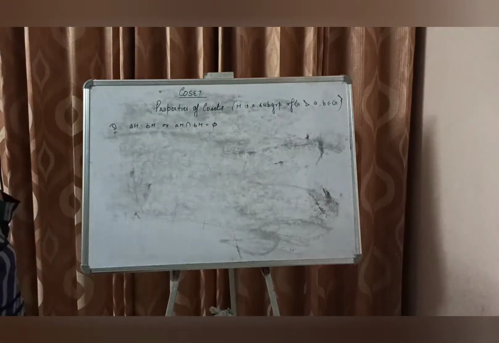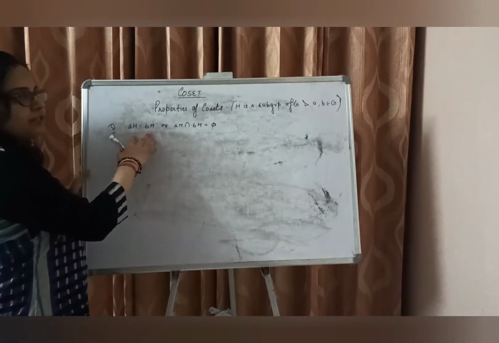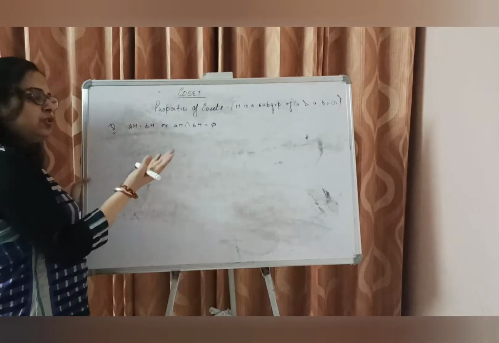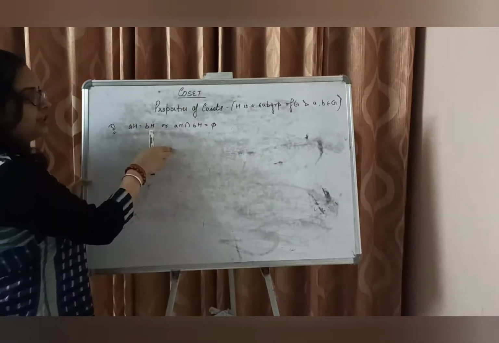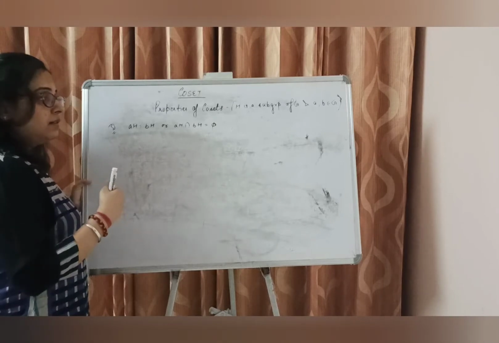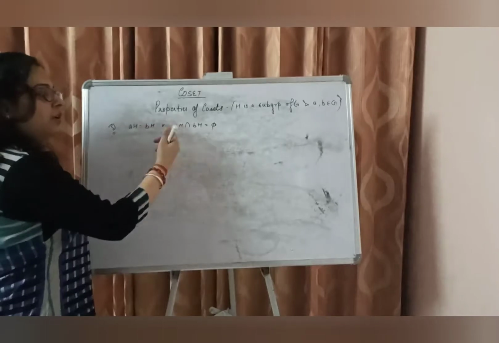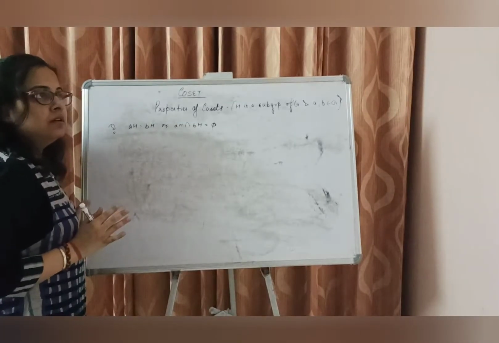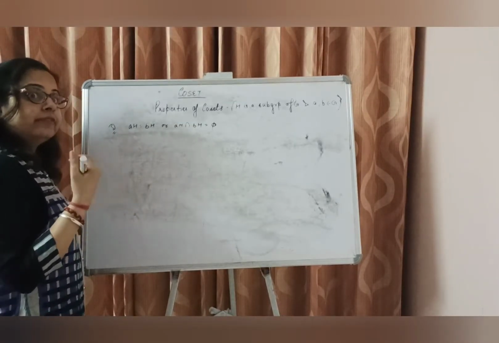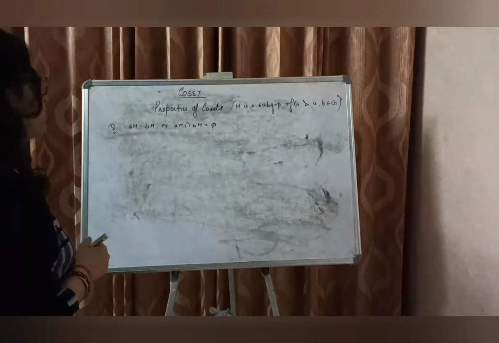So what does this property say? This property says that any two left or right cosets of H in G are either disjoint or equal. Either they do not have any element in common, or if they have any element in common, that means they are equal. Okay. So to prove this,